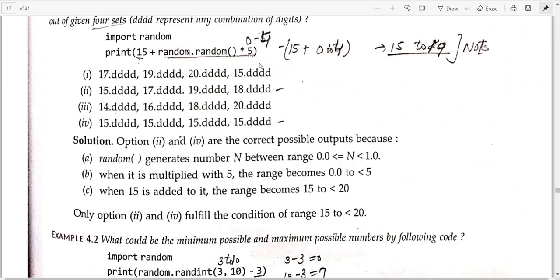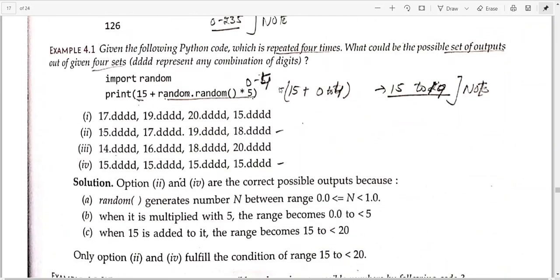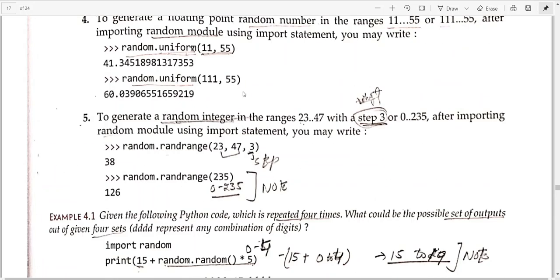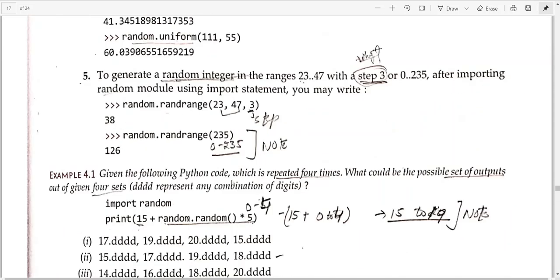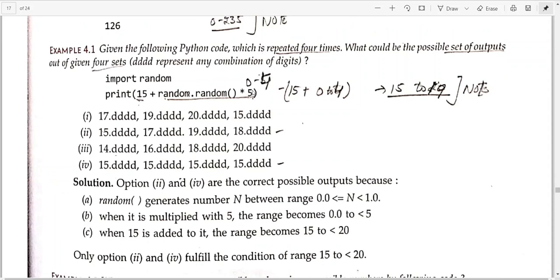But this time one difference is there. If he is directly giving the number, you will take 0 to 4. Mind it, you will not take it this way. If you are producing with a start and stop, it will be 0 to 20. But if it is given directly this way, it will be 0 to 4.